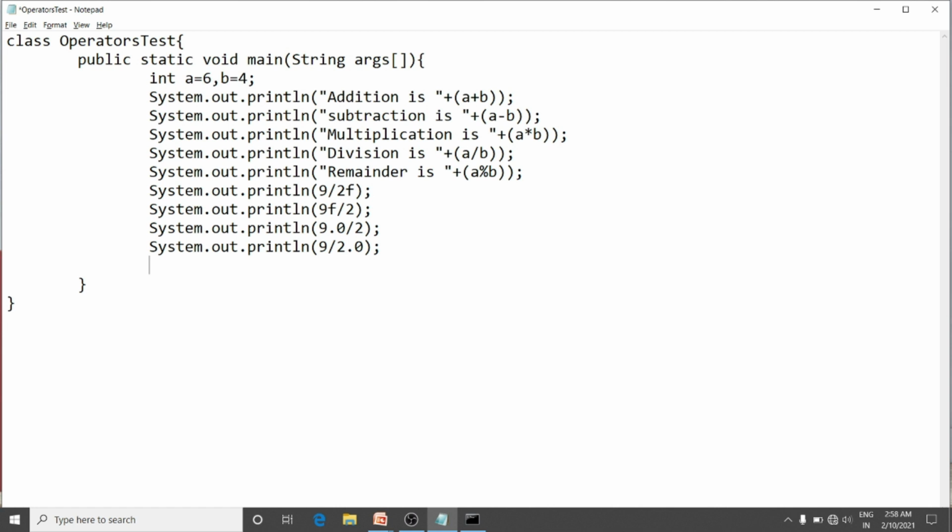Now we will see some problems related to the modulus operator. We have done the modulus operator for integer numbers. Now I will do the modulus operator for floating point numbers.